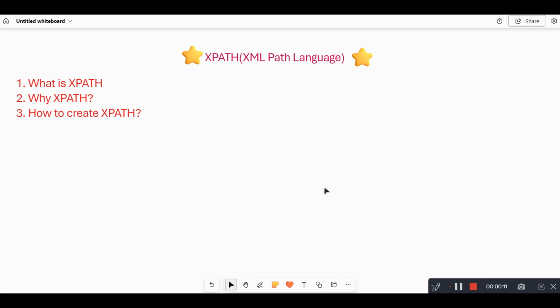Here you can see, this is a very good and important topic, guys. So don't just take it easily, because I have seen there are a lot of people who have a lot of experience in Selenium. They maybe worked for 3 years, 4 years, and even more than 7, 8 years. They are not good in XPath. So you have to make sure that you are getting very good at